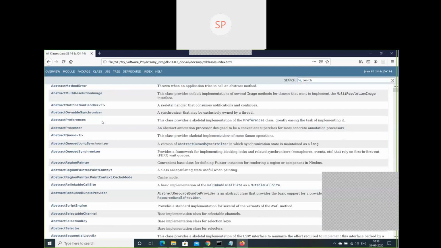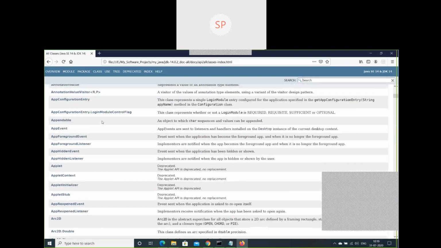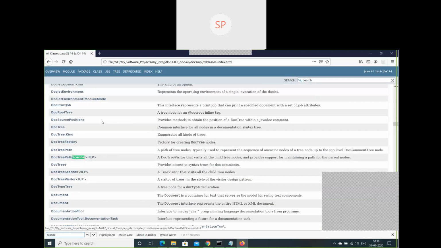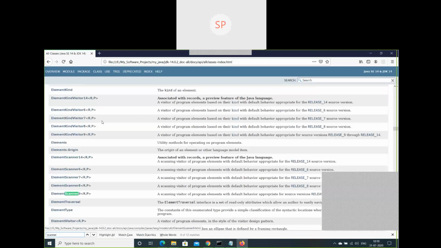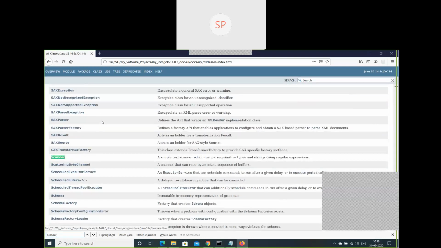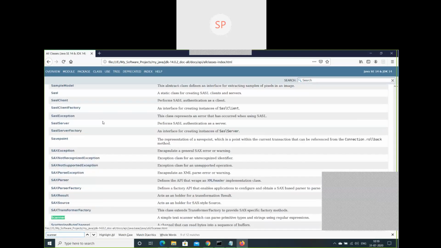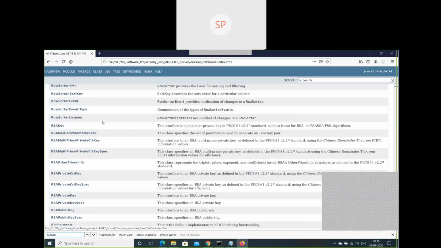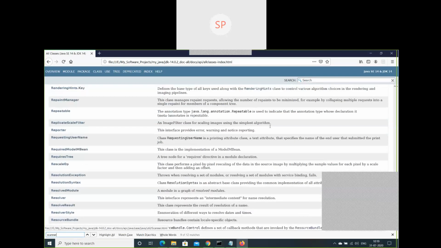You just have to scroll down. This is a huge list, or you can just search for scanner and then it will lead you to the particular class. So that's fine if you can do it. But the better approach to look at this documentation is, let me go to the,